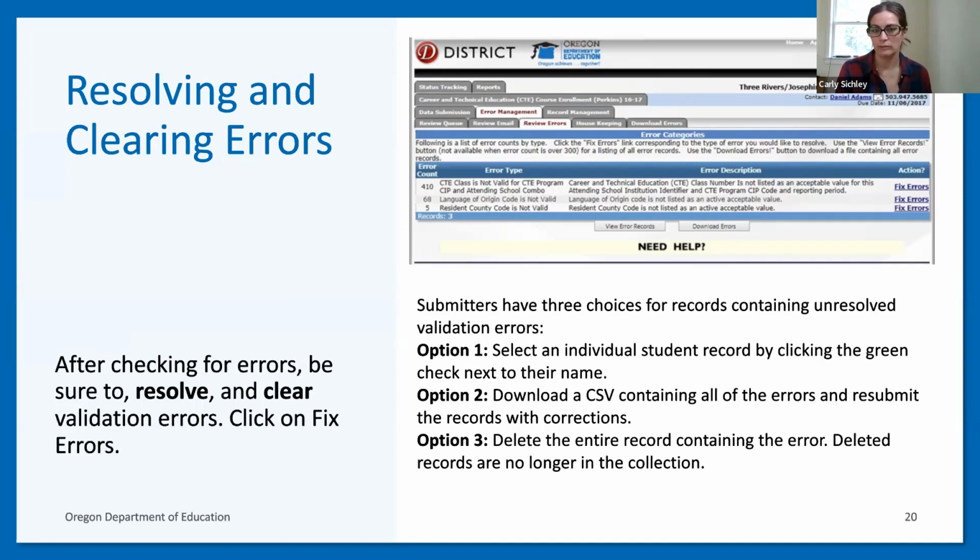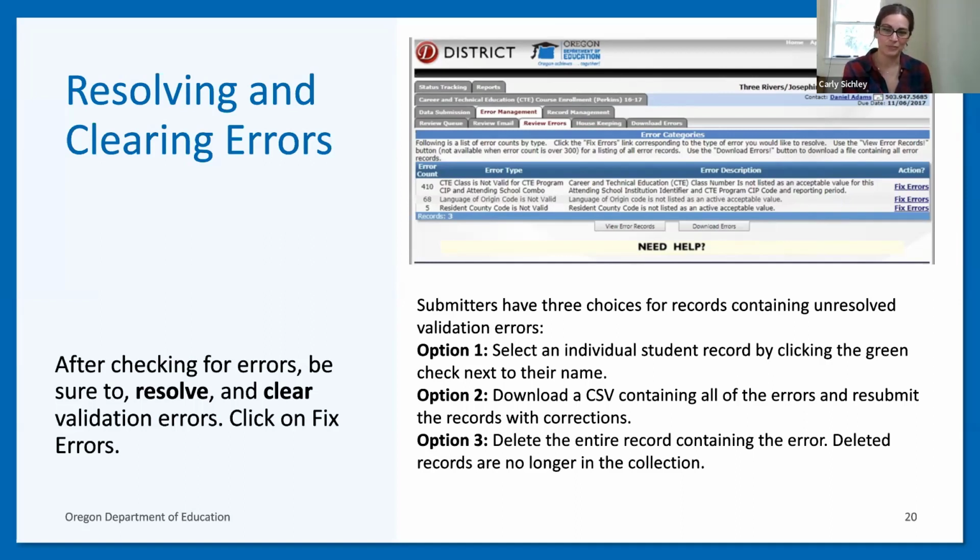Sometimes the error count can be a little overwhelming depending on what the error is. Especially if it's for like work-based learning, because if the work-based learning fields didn't get filled out and then you upload a file, there is an error for each one of those empty fields. So there's 4 work-based learning columns that are mandatory for each student record. And if those didn't get filled out, then they can add up really fast in the error count. So if you see 2,000 errors there, it might be kind of overwhelming looking.